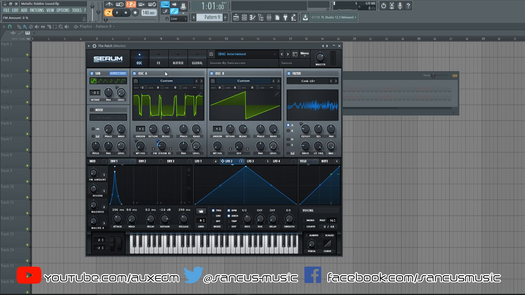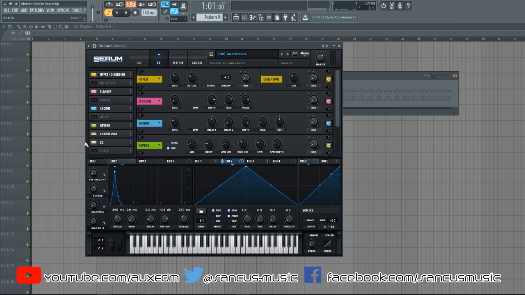So again, I like to be able to just twist knobs and kind of change up the sound in between, especially when I'm writing a track with it. It gives me more variations and more versatility for this sound. So moving on to the effects page, we have the typical hyper and dimension expansion, kind of making it wide and modulating the mix of the hyper and dimension with macro 4.